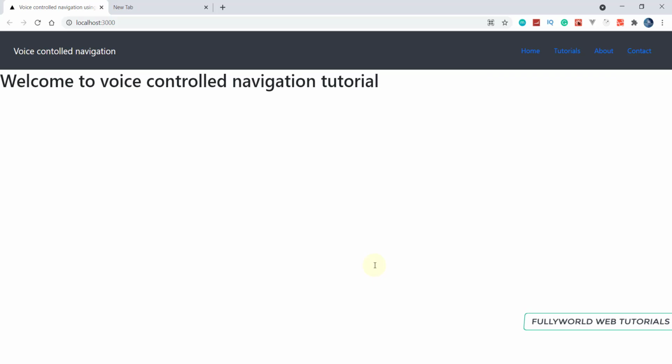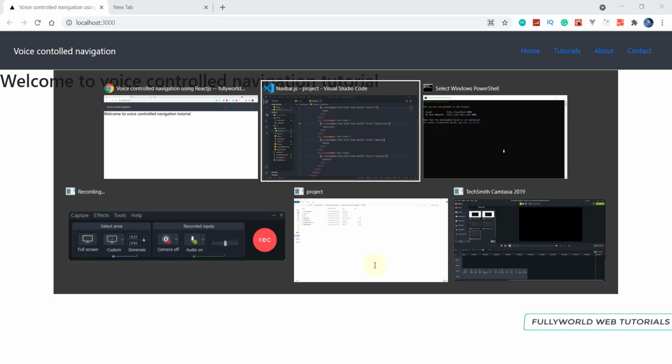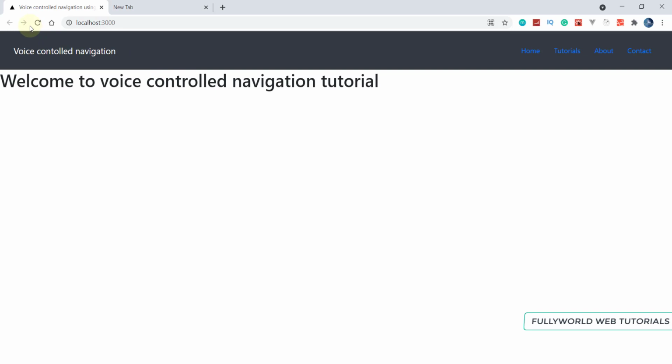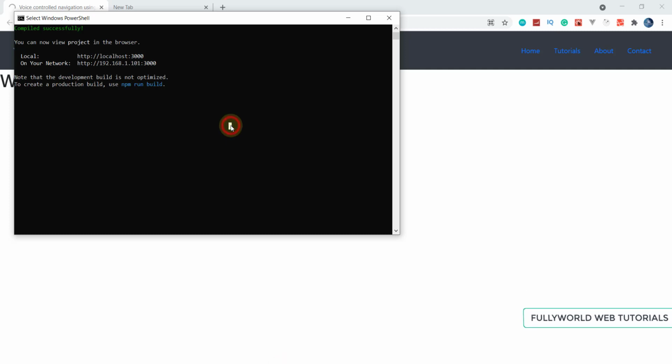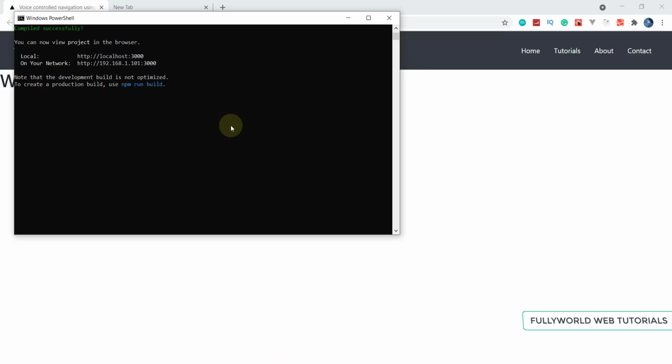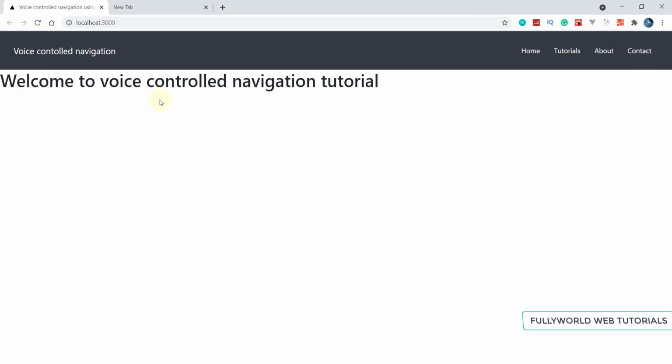Save it successfully. Let's compile it. So see that now it is looking good.